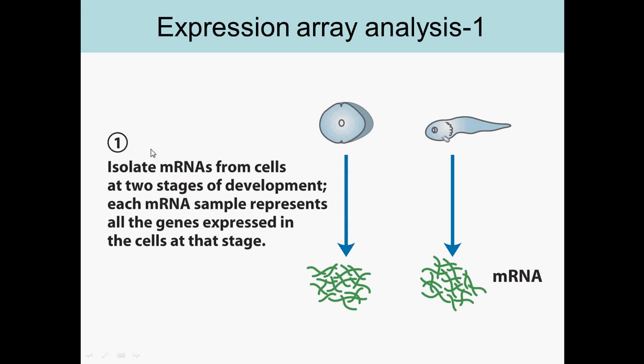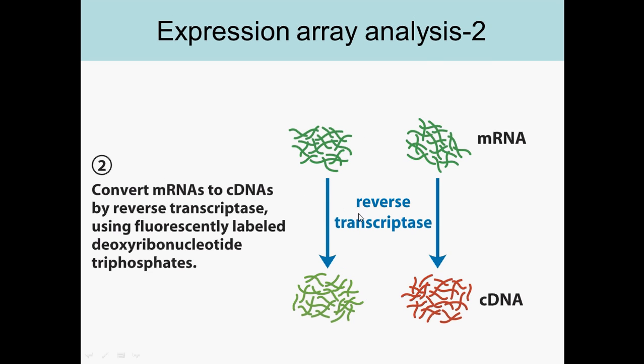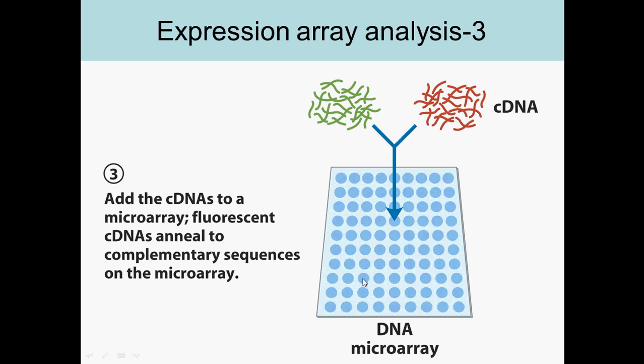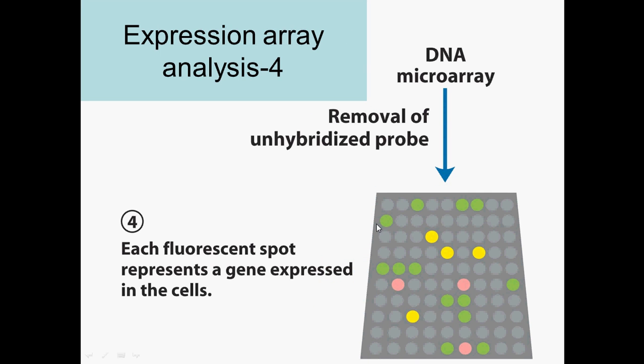So what you do is you isolate the mRNA from two different cells, in two different developmental stages. You isolate the mRNA, and then you use reverse transcriptase, but with fluorescently labeled deoxyribonucleotide triphosphates. So this one will glow green, that one will be red. Then you have the microarray tray, and on each spot you have a different probe, and the labeled targets will bind to the tray, and then you'll see these green and red